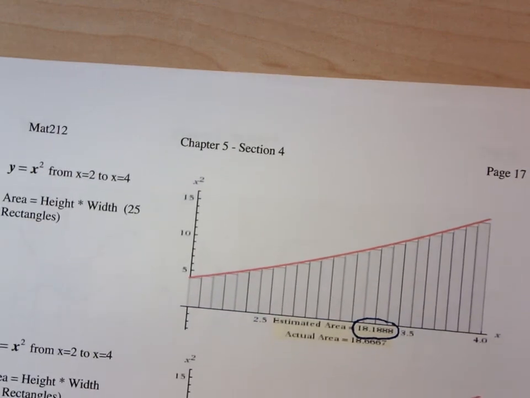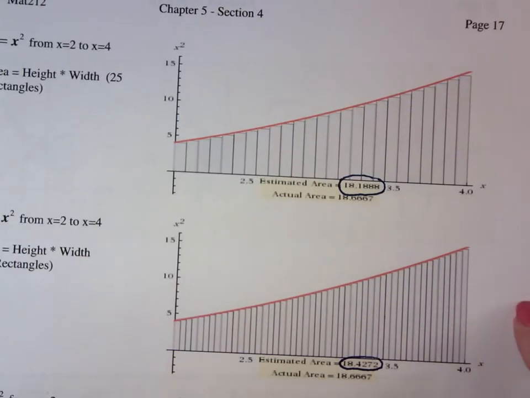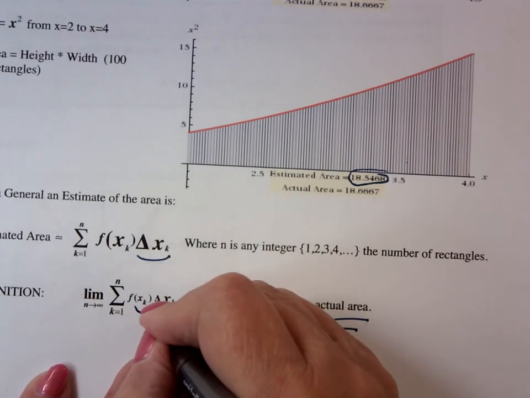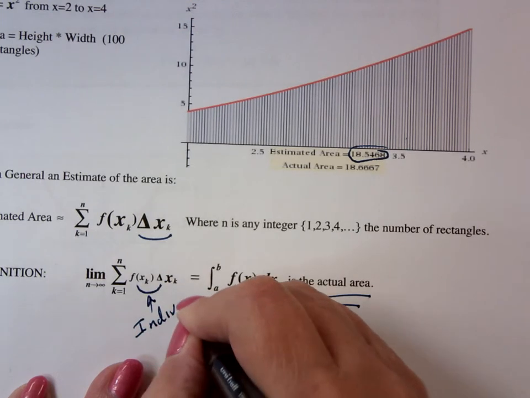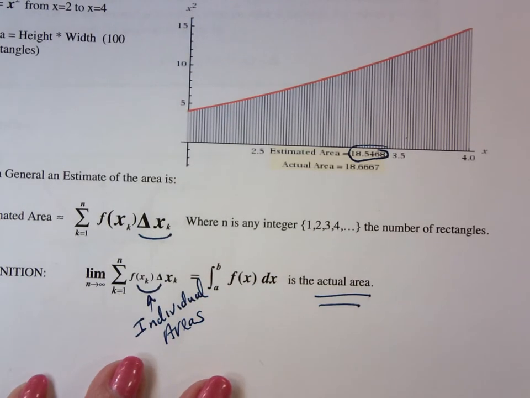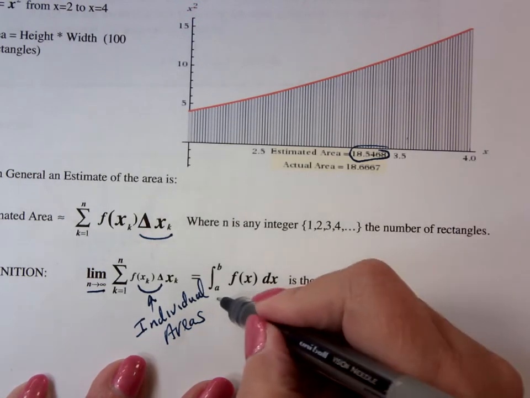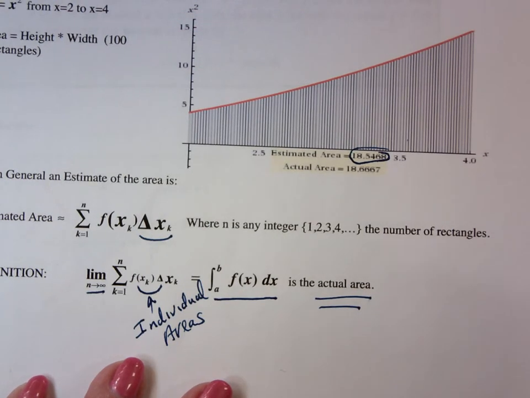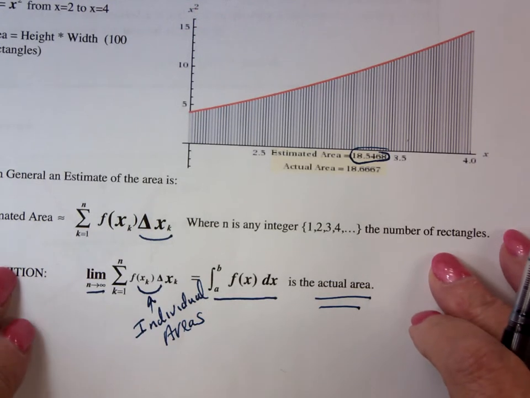We worked with rectangles on Friday, and we determined that essentially the definition of the definite integral was summing up all the individual areas. You take the limit as n goes to infinity, so you have an infinite number of rectangles, and it turned out to be the definite integral. So the definite integral can be explained as being an area, the area under a curve, and that's where we kind of pick up and finish off